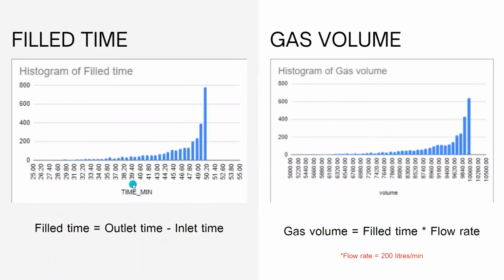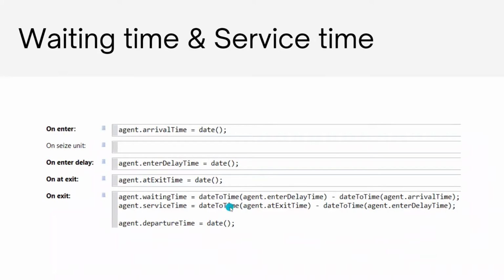To calculate the fill time, we use outlet time minus inlet time, and calculate gas volume by multiplying fill time with the flow rate, which is 200 liters per minute. We get waiting time by enter delay time minus arrival time, and get service time by exit time minus